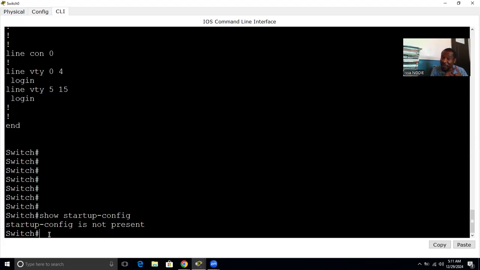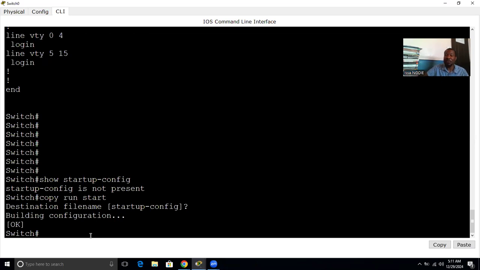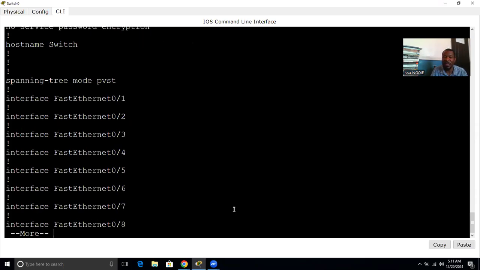But if I try to save whatever that I'm doing now and use the same command, you're gonna see what the switch will do. Let's try to save. Remember the command, copy run start. So I'm trying to save whatever is there on the running config to the startup config. Press enter, enter again, right? So now we're gonna use the same command, show startup config. Now you're gonna see it's gonna show up. Why? Because we saved already some of the configuration, and you press enter. So you can see now it's showing,